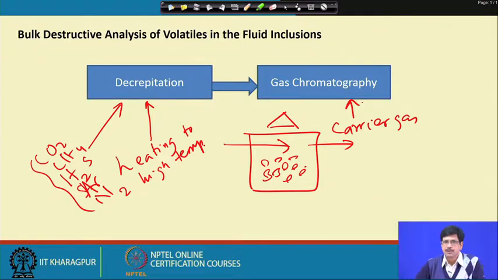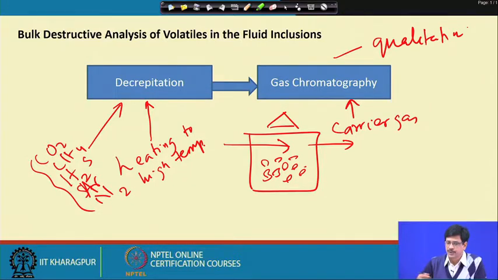Such analyses are also standard based. If we have some standard materials in which the concentration of these gases is in known quantity, then we can always get a quantitative estimate, or if we don't, you can also do it by a qualitative analysis. So, the principle of gas chromatography is more or less similar to the ion chromatography that we discussed before. It also has a mobile phase to which the gases get attached, occluded, adsorbed in some mechanism,